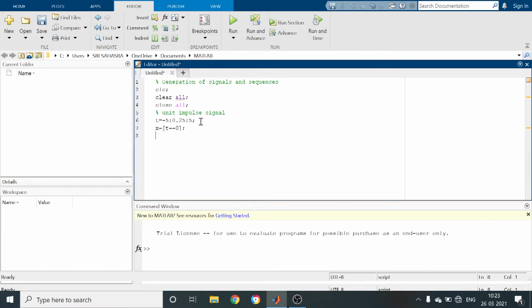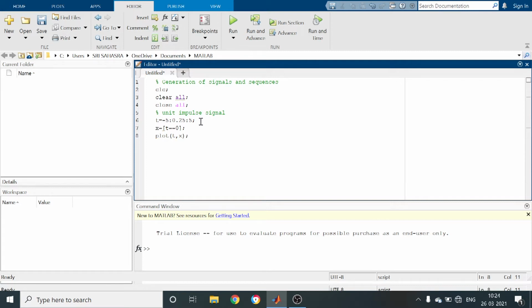In this program we have to generate many signals and sequences at a time. Here, if I want to generate only this signal, then I have to use the plot command for a continuous time signal. Plot x comma y means here plot t comma x, where the unit impulse signal is assigned to the x variable.